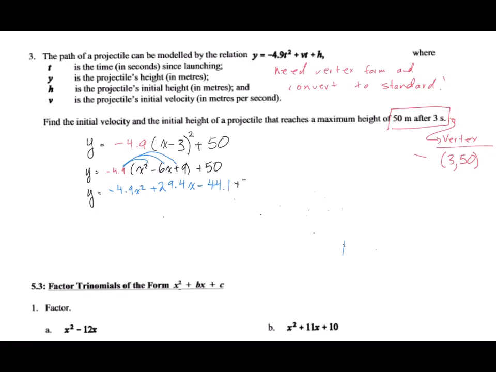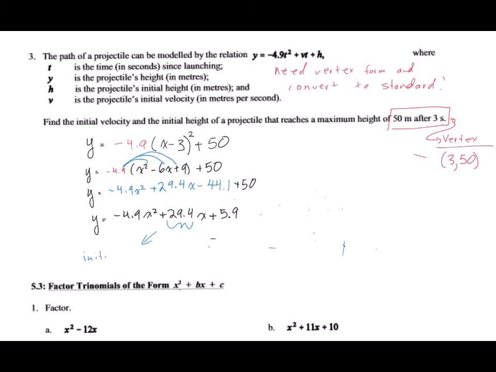Now what we have to do is collect the like terms. The only like terms are the 44.1 and the 50. So we get negative 4.9x squared plus 29.4x plus 5.9. So now, if I look back at the original equation, it said the initial velocity was the second term in that list,